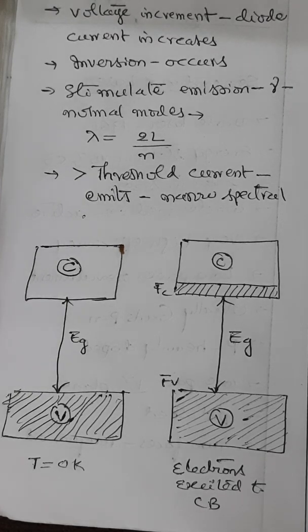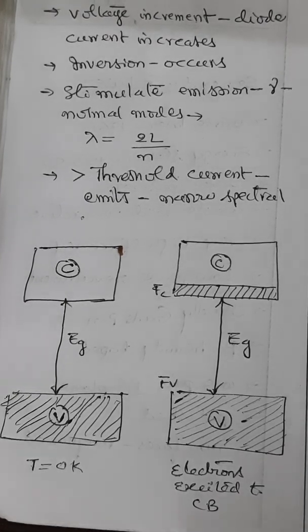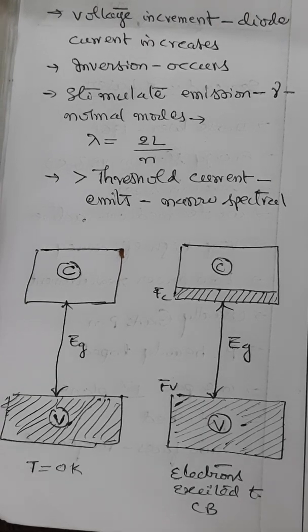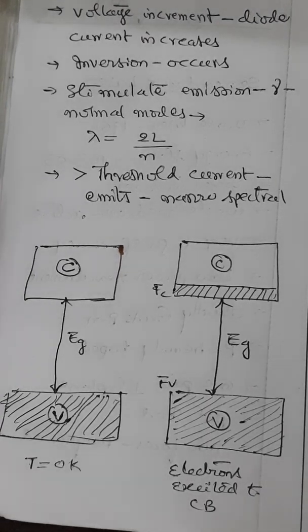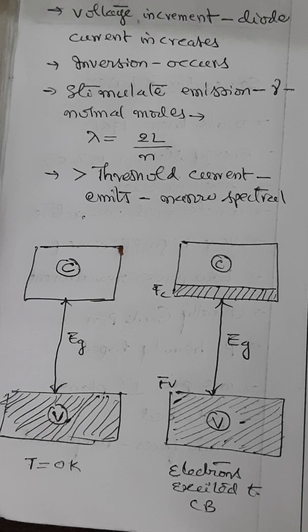I am just recapping. In N-type semiconductor, electrons are donated by impurities to fill the conduction band up to the Fermi level. In that case, the Fermi level falls below the conduction band. In P-type semiconductor, holes are added by the acceptors down to the Fermi energy level. In this case, the Fermi level lies above the valence band. So when there is no external bias voltage, a potential barrier is built up.